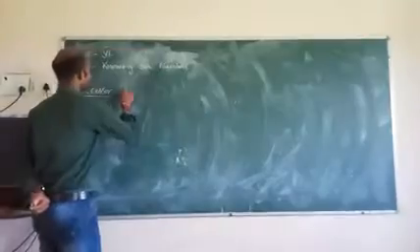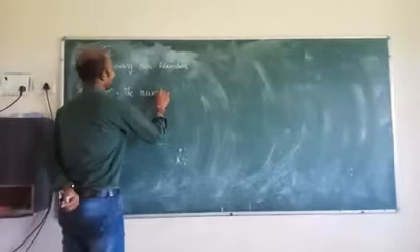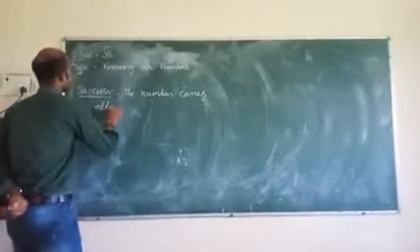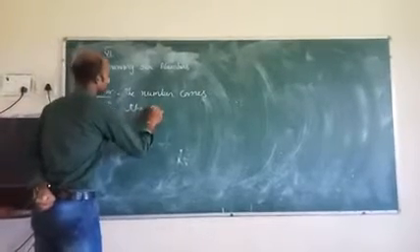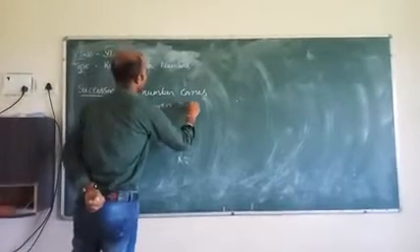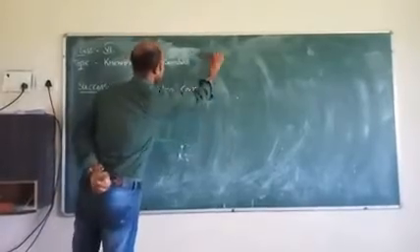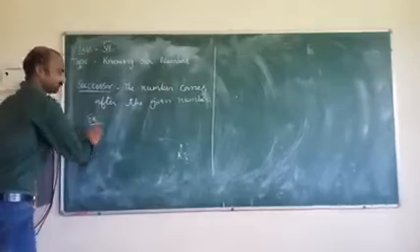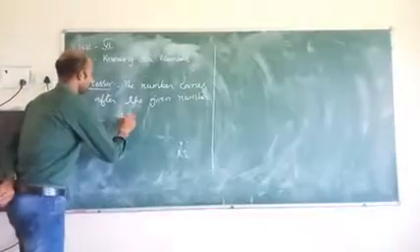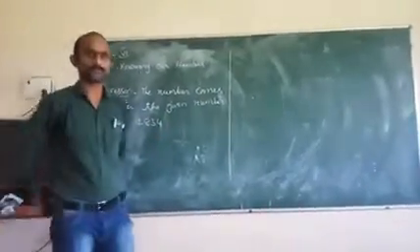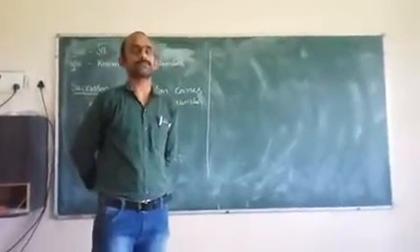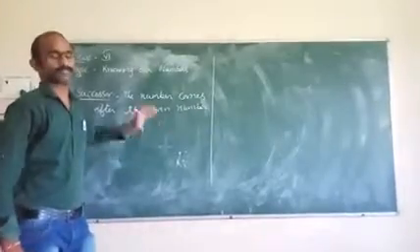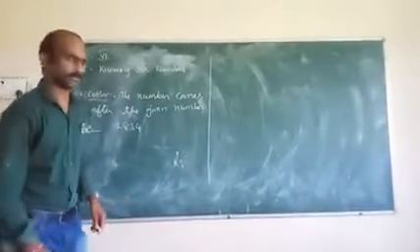The number which comes after the given number is called a successor. If we take one example, 4834, we have to find the successor for this 4834. Any number you can take. We are taking here a 4-digit number, 4834. What is the successor of 4834?